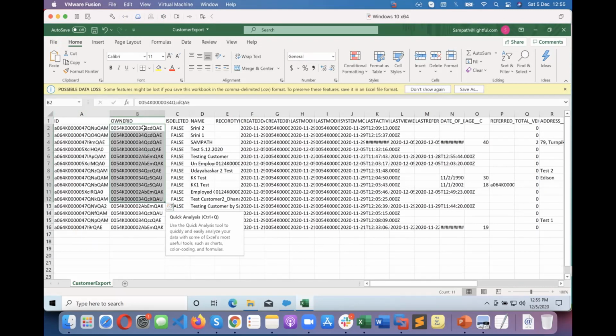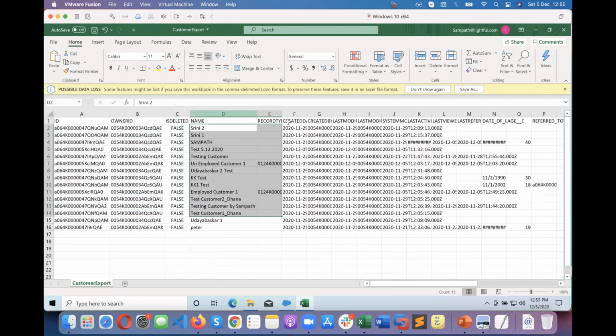So this is the ID of mine. Maybe this is the ID of Bhaskar. This is the ID of Srini, or this is the ID for Kishore, or this is the ID for Dana. You can see it like that, but in the back end, it was referenced based on the ID. And this is the record employee name, whatever we created.